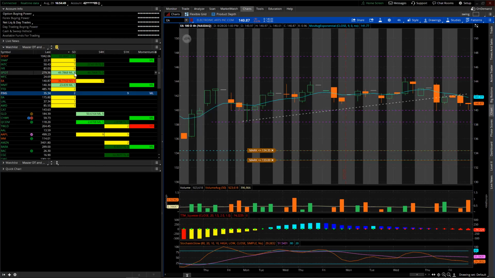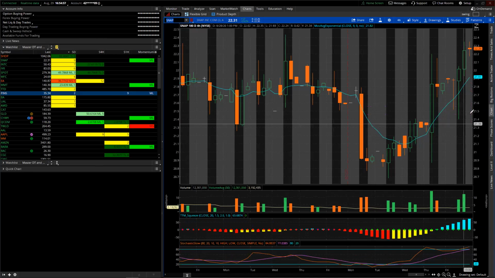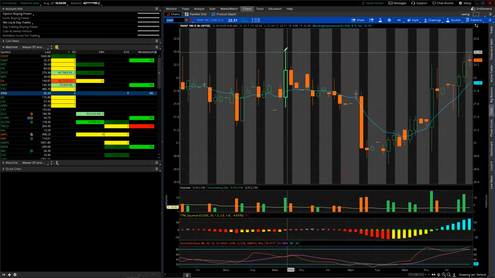If it's green, what happens is, for example, Snap had a run up yesterday. That's what this is telling me on Friday. Snap pushed into the close. So what this means for me is this can make a potential continuation play for a day trade. It's releasing recently. It's in a 9 period squeeze and it showed momentum today. This is what I really like for a day trade.